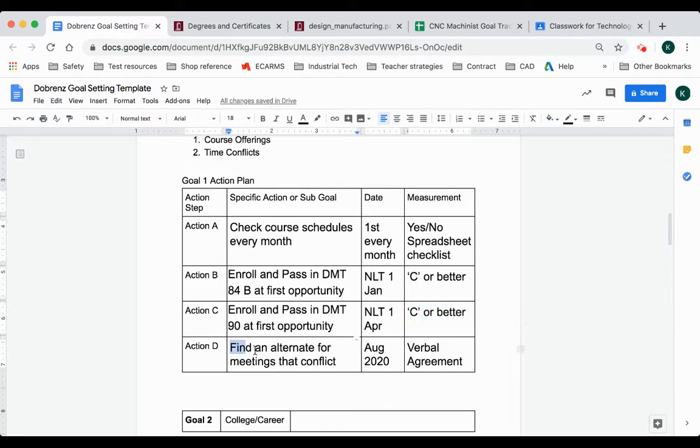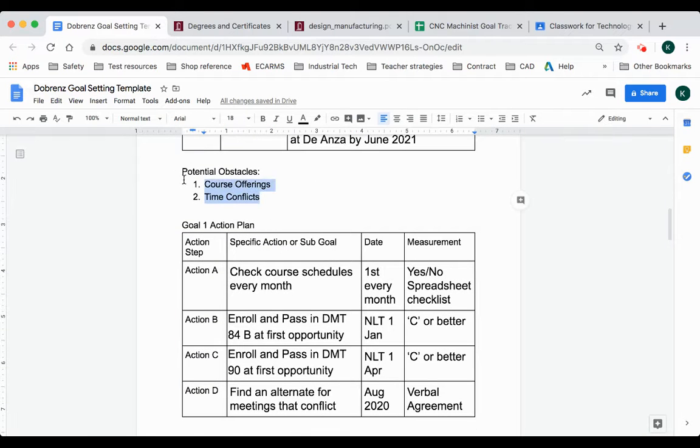And the last thing is I know I'm probably going to have some time conflicts. So I need to find someone that's willing maybe to go to a meeting or 2 for me so that I can go to class, because I know just as an adult, as a teacher, that's something that's going to pop up. And that's the reason why we try to identify our potential obstacles to completing our goal, because if we can plan for them, there's a much greater likelihood that those obstacles will not keep us from achieving those goals. So at this point, go ahead and start writing